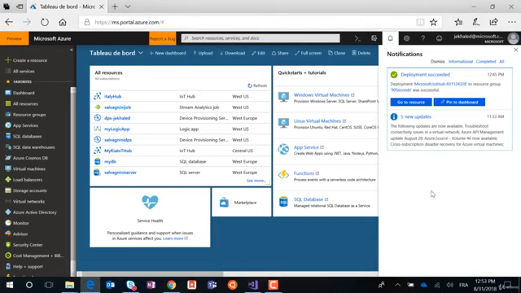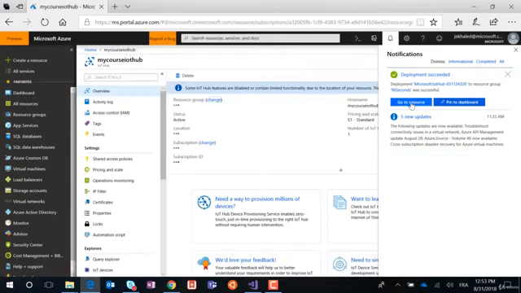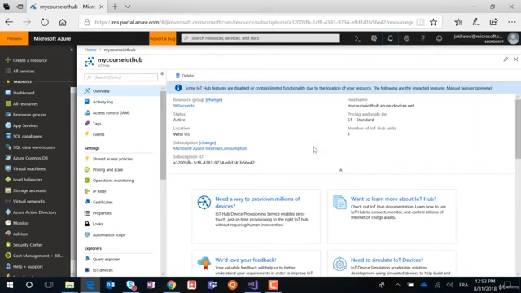So now the resource is created, and you can see it's deployed on the resource group, and I can click here on go to resource to go check the IoT hub that I've just created on this Azure subscription. Here we can see an overview of the details of our IoT hub. We have the resource group, the status, which is active, the location, West US, the subscription, this is my subscription ID, it will be hidden in the video, and we have here the host name,